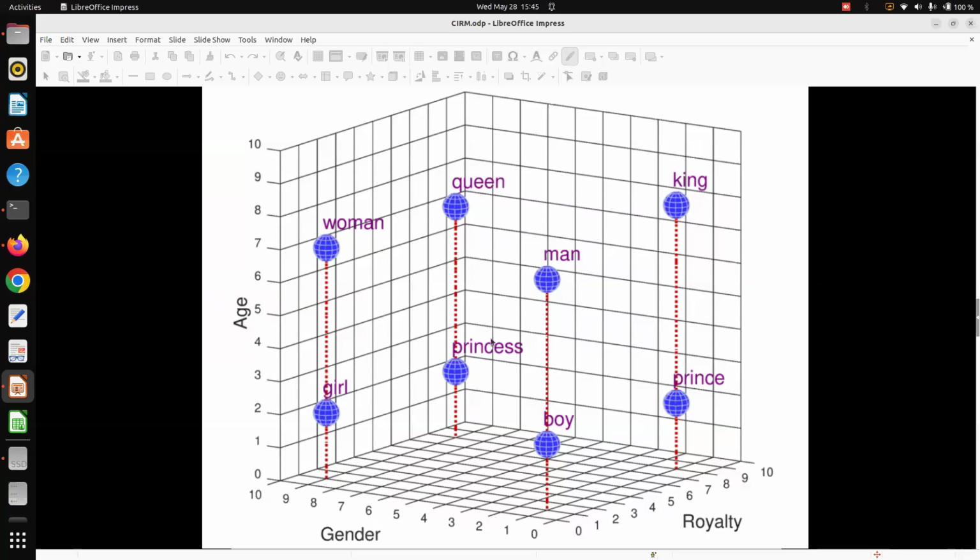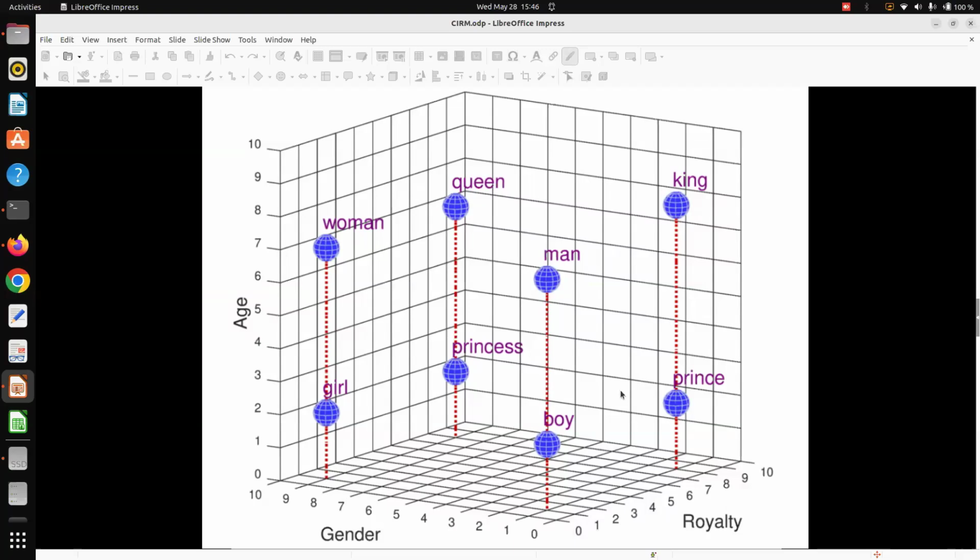So it can create multi-dimensional vectors of that text corpus. For example, it will always align girl with woman, princess with queen, boy with man, prince with king. So you go by gender, by age, by royalty. It's a very brief example of 6, 7 or 8 words actually.